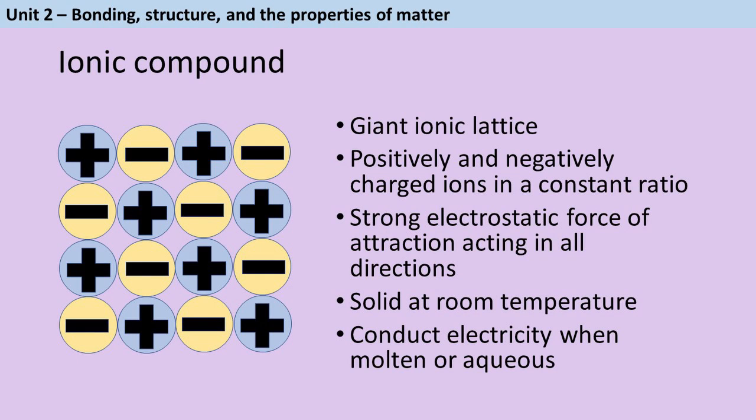Now once this transfer of electrons has taken place, and I have a positive ion and a negative ion, those are going to join together to form a giant ionic lattice. It's giant because this is never going to happen with just a couple of atoms, right? This is going to happen with thousands and thousands of atoms at the same time, and they're going to make this huge lattice. The giant ionic lattice is held together by a strong electrostatic force of attraction, and it's acting